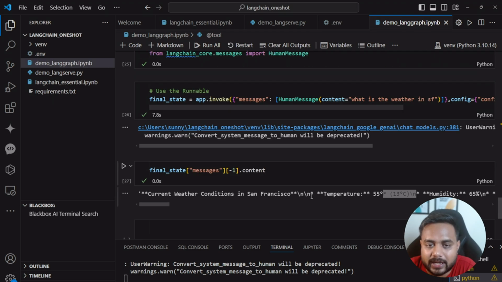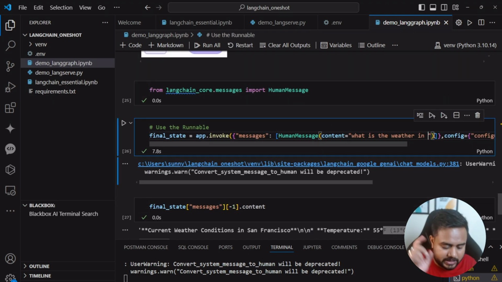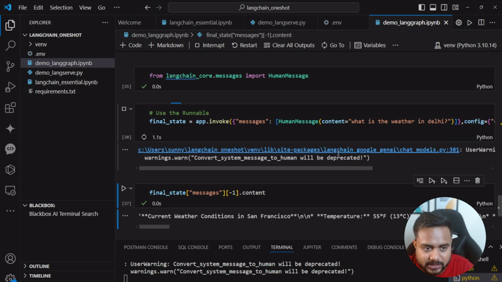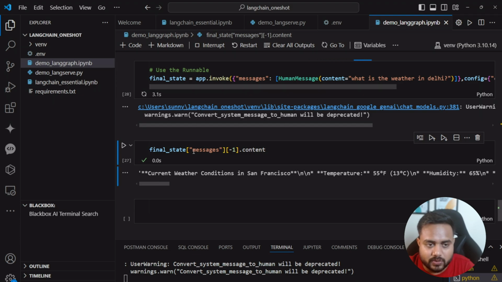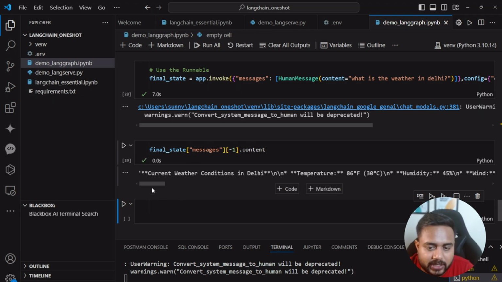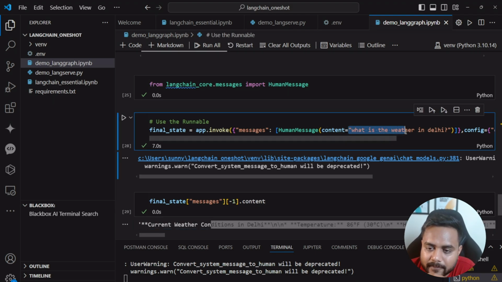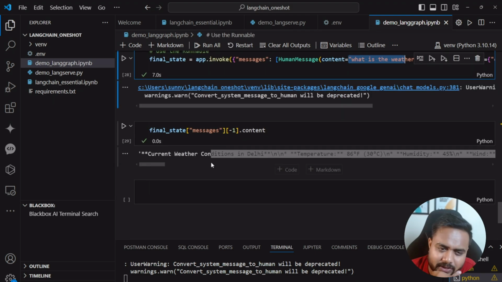Let me change the question and ask something. What is the weather in, let's say, Delhi? Okay, you know Delhi, right? What's the weather in Delhi? Now let me execute it and see. So here I am going to execute, and finally, let me check the answer. So yes, it is checking the temperature of Delhi. This means Gemini is actually returning a real-time answer, guys. I was also surprised by it. If I ask any sort of real-time question, it will definitely be able